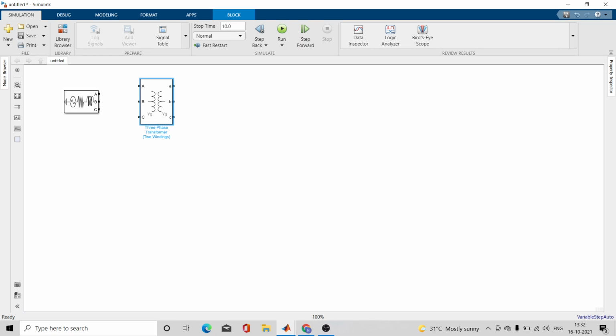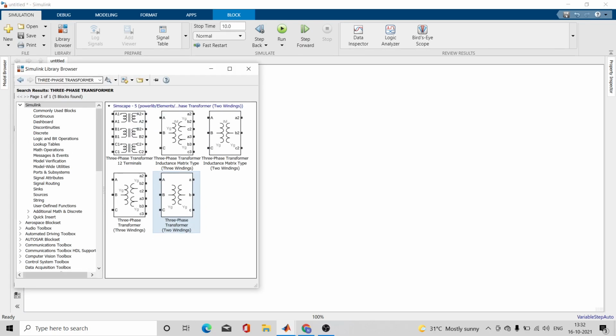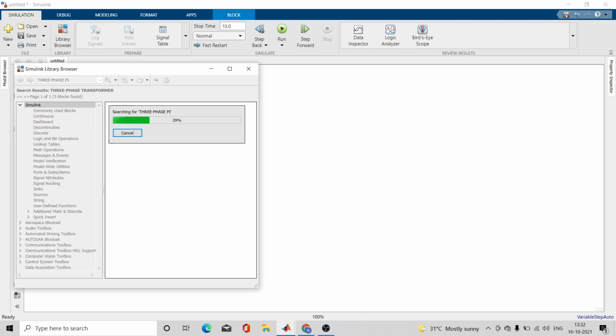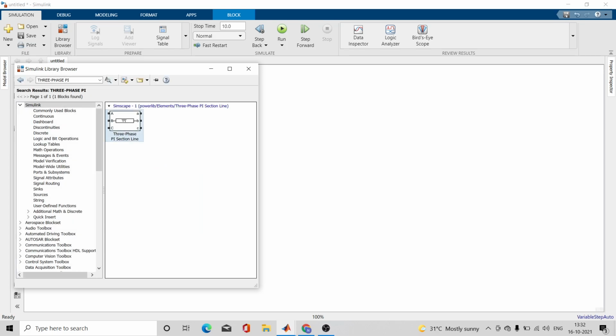Then I'll require a three phase pi model, right? Because I need a transmission line to send that power to the load. So I have taken that. Then I'll require power measurement, right? Yes, or VI measurement. You can write three phase VI measurement.